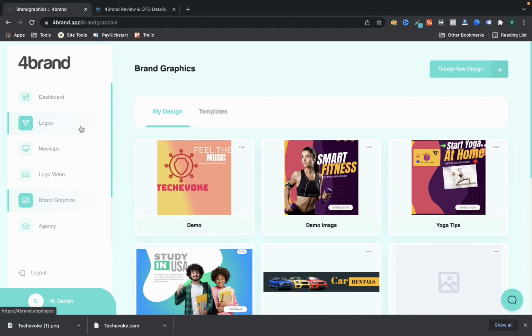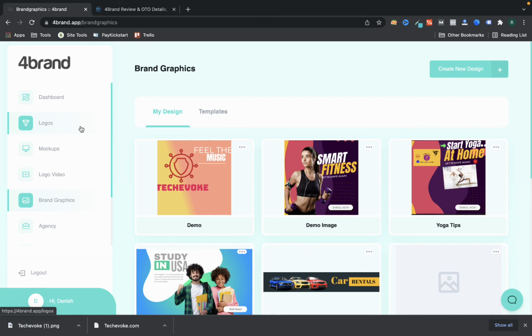If you want to do it for yourself also, you can still get it, but it really depends what you want. But for clients, it can be a game changer, because it is very easy to generate graphics, logos, mockups with this particular software.